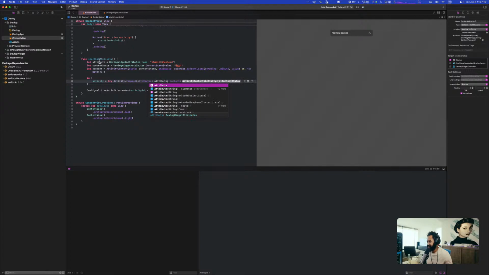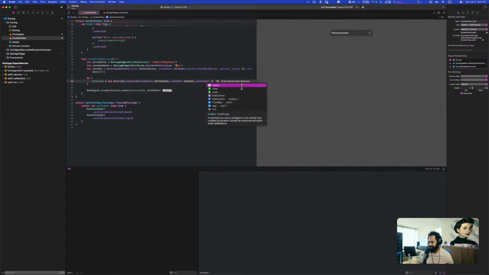Attribute right here, and maybe I should call it attributes. I want that to be the same. And then our content, you'll notice that I've already done that. That's here, content. So we'll just delete all that, put that in there, and then I need to specify the push type. The push type informs the system how it is going to be updated. So I'm just going to do dot, is it token, I think, like that. All right, so that's going to give us back